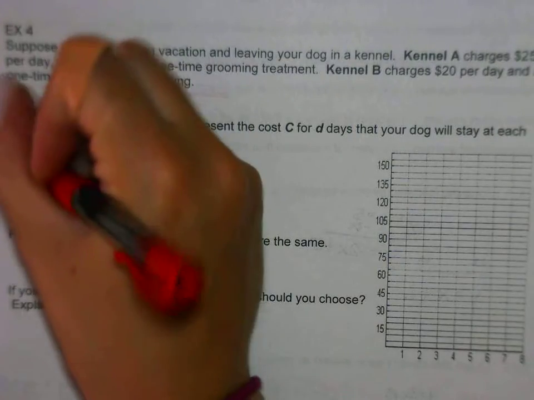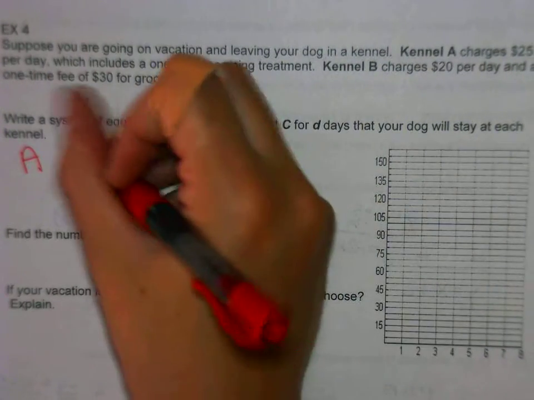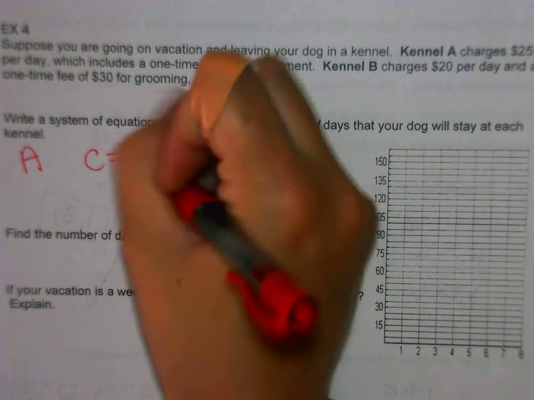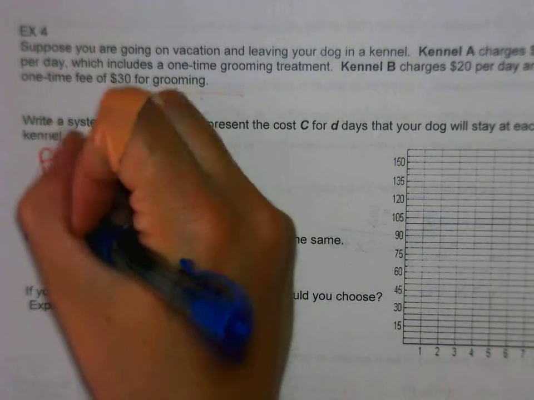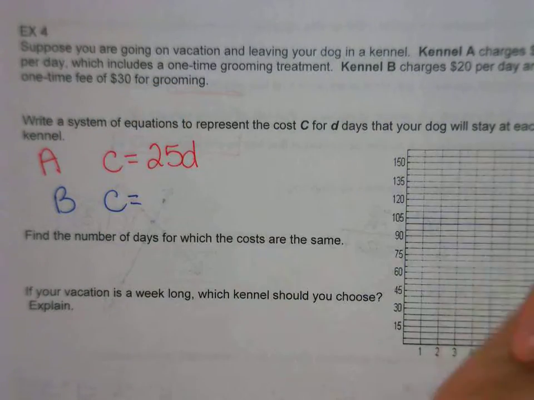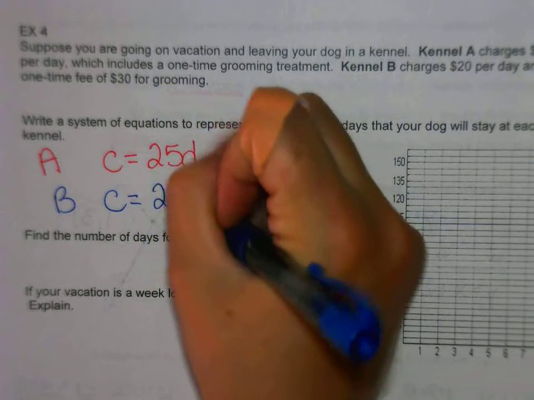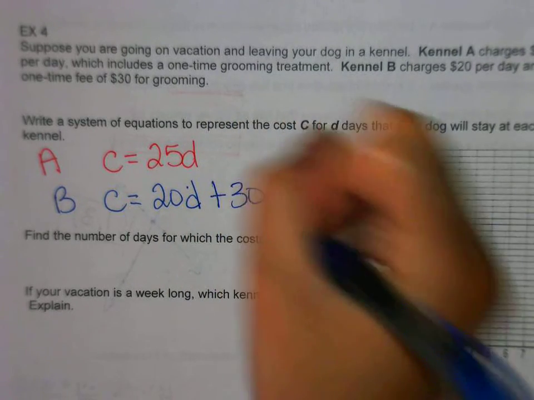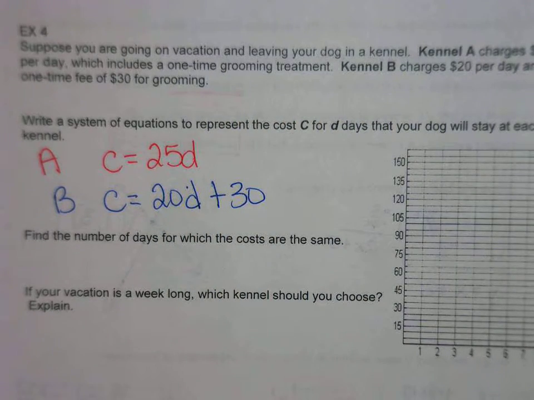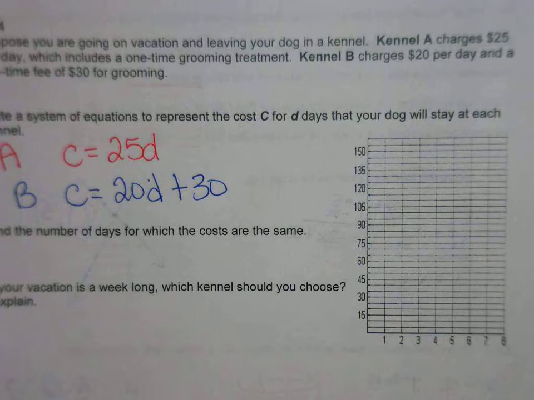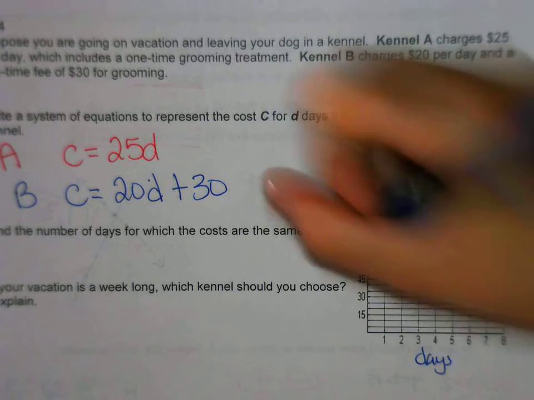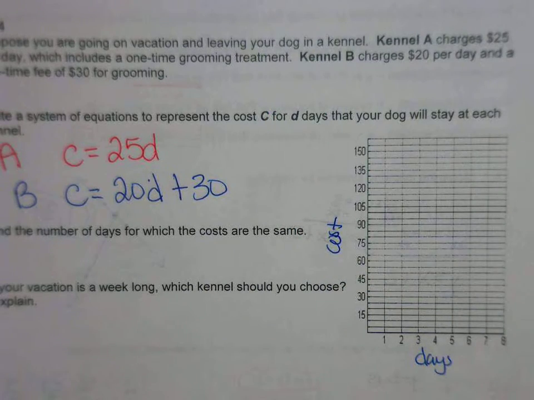So let's look at kennel A. Kennel A will cost $25 per day. And then kennel B, the cost is $20 a day plus a $30 grooming charge. So let's graph both of these equations. If we look at our graph, we can label this the days, and here's our cost. So kennel A,